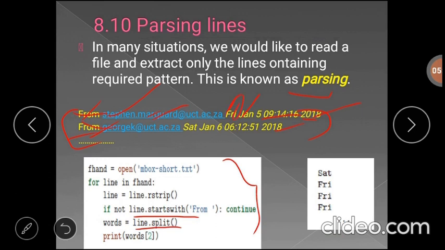Hence we will extract word[2], that is the third word. In this particular method we can extract only the lines that contain the required pattern, that is, only the day. Okay, the final output of this code is this one.